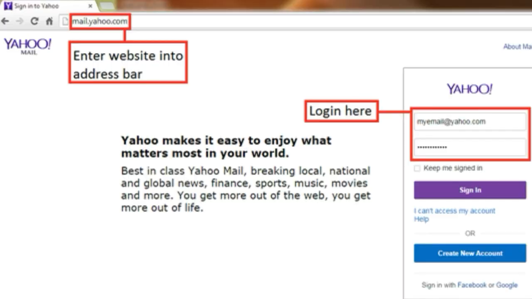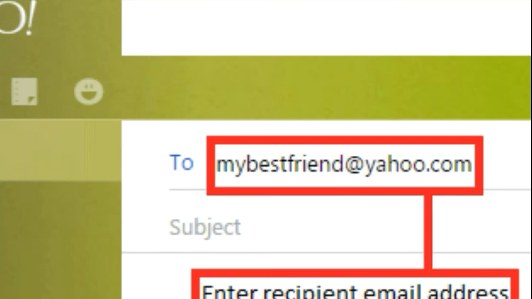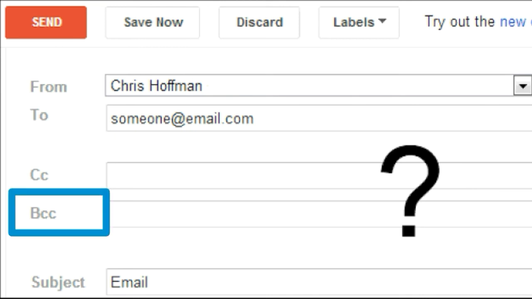Electronic mail. How can you do it? Just click on Compose to write a new message. Write the email address of the person you want to send the letter to. Write what the email is about in the subject box, how you write in your applications. Click on CC to add the email address of a person you want to send a copy of this email to. Click on BCC if you want to send a copy of this email to other people.